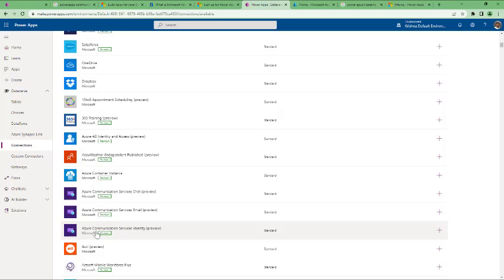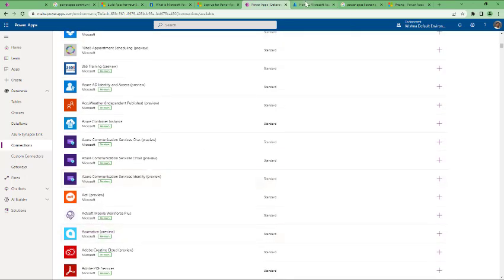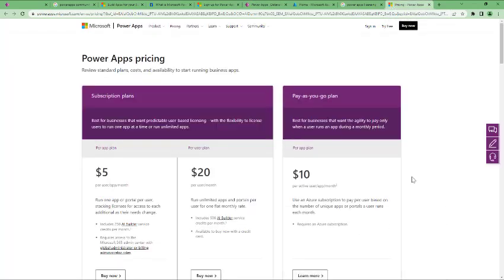There are various other premium connectors. But if you take the per app model, you can only create a premium connection to only one app. But imagine that you have to create two different apps for two different business units. That time you cannot create if you have